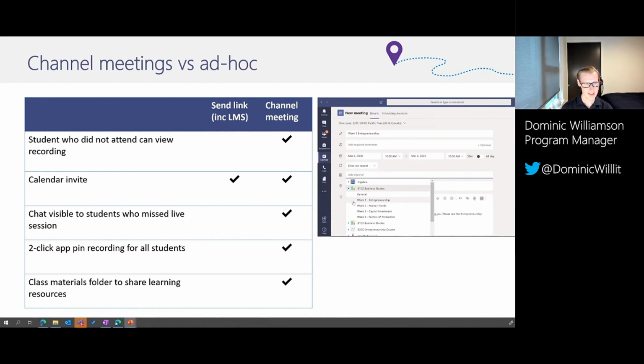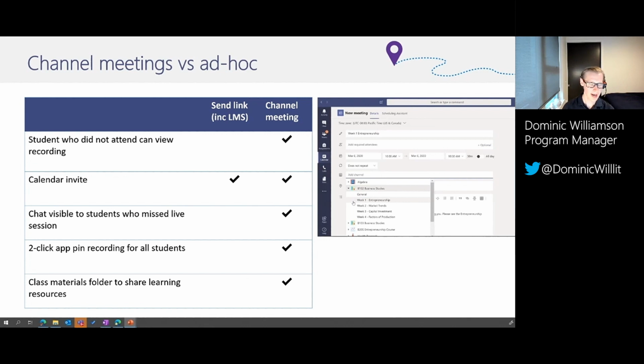Well, the difference is that a Teams meeting, the ad hoc meetings for example, are a one-off. So only the people invited to that meeting will get access to it. Now, for anyone today that is using the Microsoft Teams LMS integration with, say, Moodle, Canvas, or Blackboard, that's just a one-off meeting invite, which means it provides a meeting invite that students can click on the link.